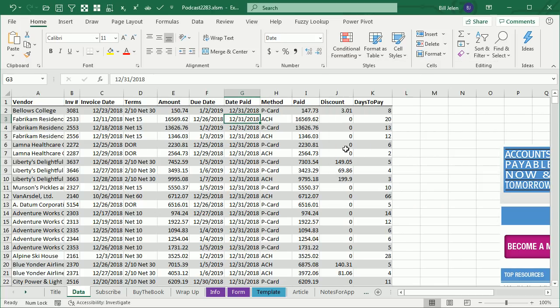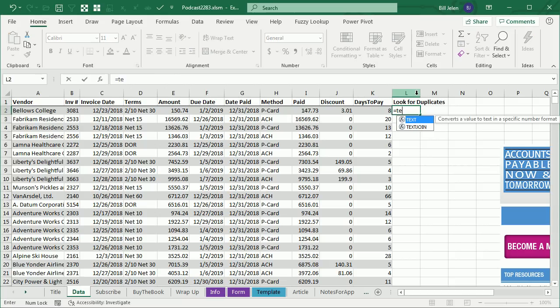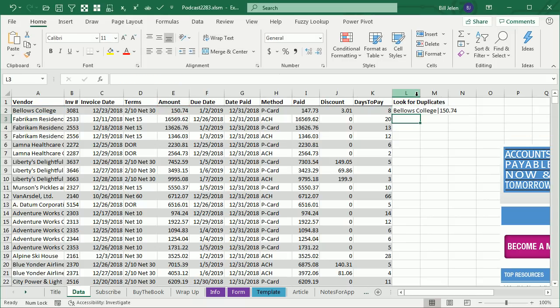So my suggestion was to come out here and add a new column called Look for Duplicates. Because I'm in Office 365, I get to use this great new function, TEXTJOIN. The delimiter is going to be a vertical bar, ignore empty yes, and then the two things we want to add are vendor and amount. Like that. See what that does is that gives us both the name and the amount separated by the vertical